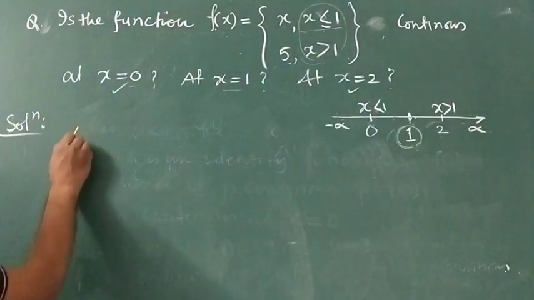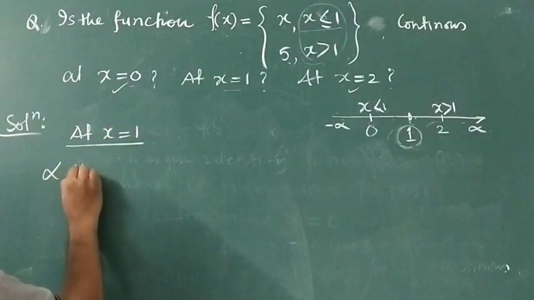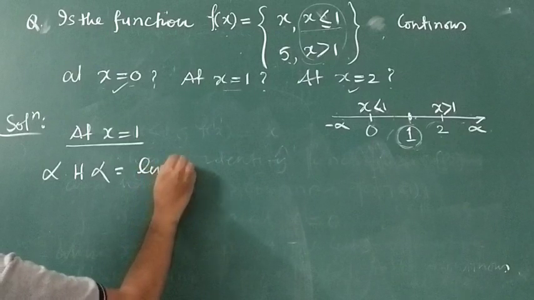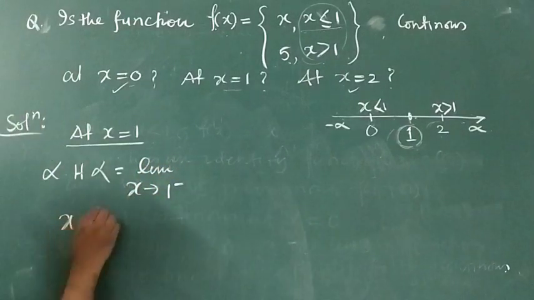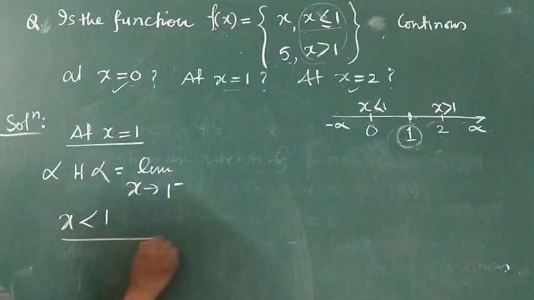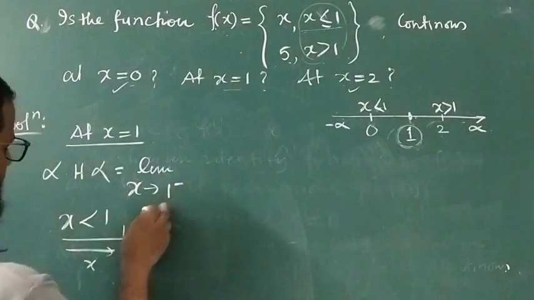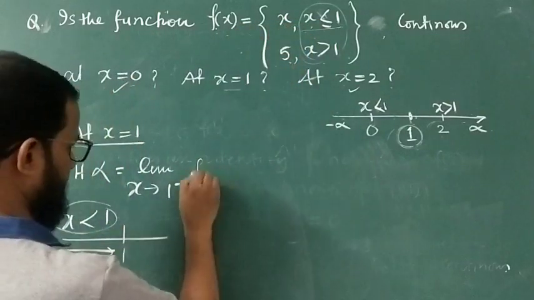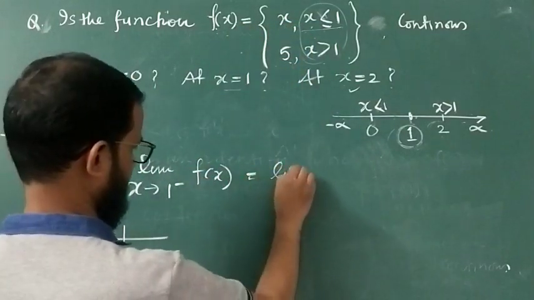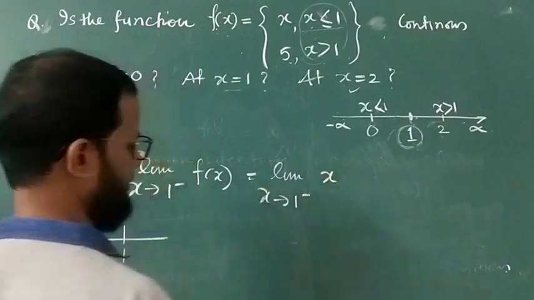Now at x is equal to 1, so let us check the left hand limit, x tends to 1 minus. x tends to 1 minus means x is less than what? 1. On the number line, this is 1. x approaches 1 from the left. So when x tends to 1 minus, x is less than 1, and when x is less than 1, f(x) is equal to x. So we can write limit x tends to 1 minus of x,